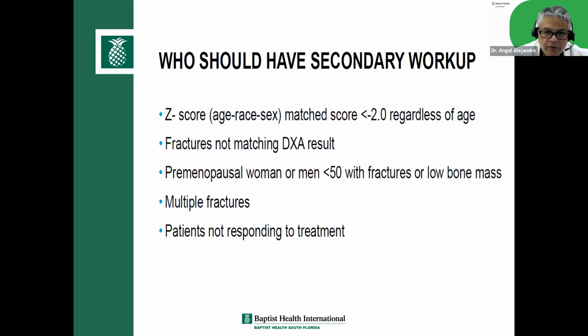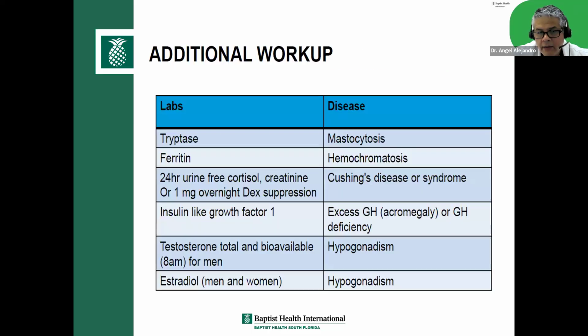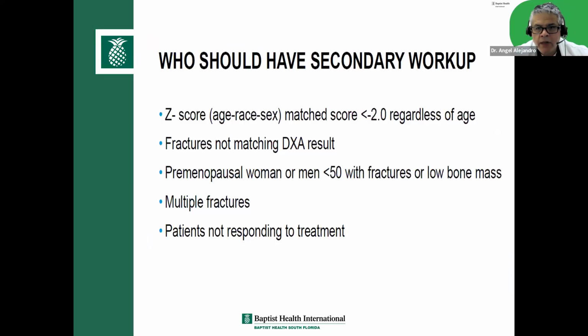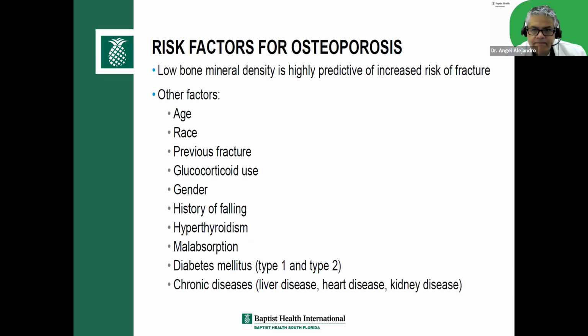There's probably a secondary cause for the osteoporosis. Or if you have a patient with multiple fractures, or they're just not improving with treatment, then you want to go back and look at this list and go one by one and make sure that you're not missing something. Because if they have an underlying condition and you're just giving them a bisphosphonate for treatment, that's just a band-aid. You're never going to win because you haven't addressed the underlying condition. So just keep that in mind. Someone who's young, someone with multiple fractures, someone who's not responding to treatment, you want to rule out secondary causes.